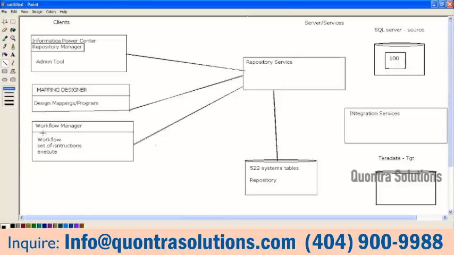Okay, execute the job here now. From Workflow Manager, you are going to start your job, right? You want to load data from here to there. You just developed a program, but you have not loaded yet. If you run your job, if you execute your job, then only data will be loaded from one system to another system. So you can execute your job from the Workflow Manager.